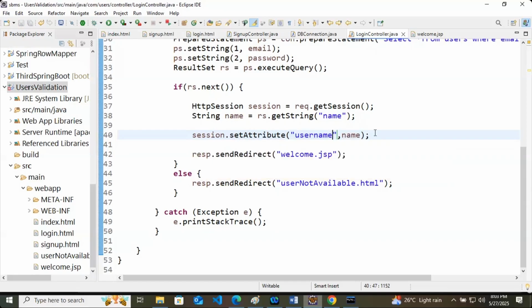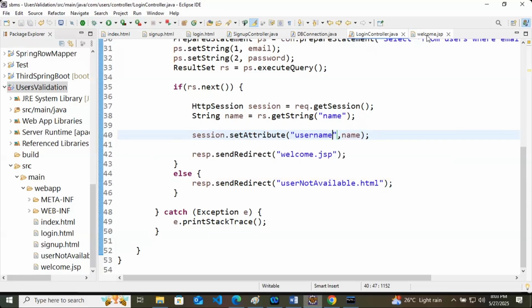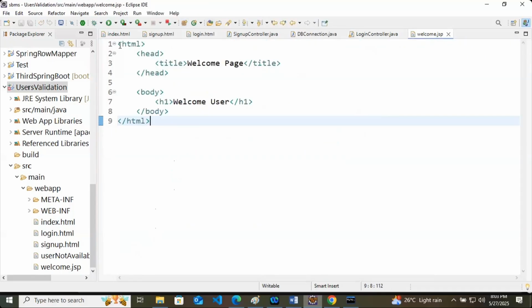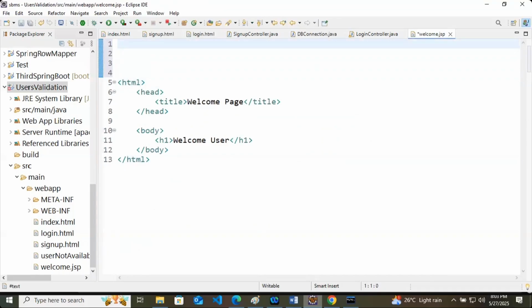Now how to accept it inside welcome.jsp? Here I have given the session. In welcome.jsp, at the top of HTML, I will write something. How to import something in JSP?